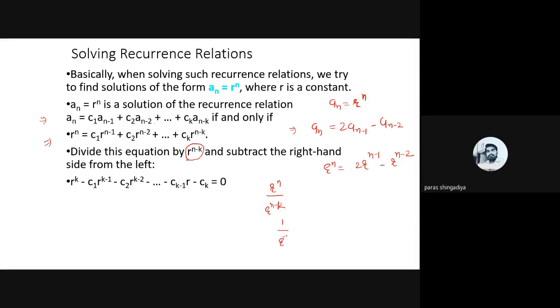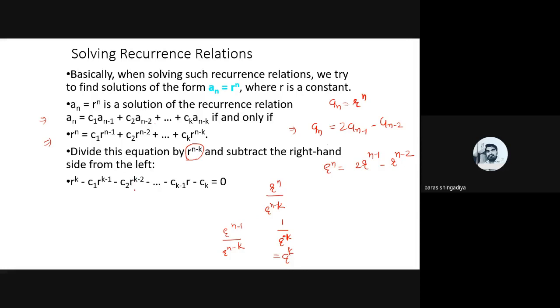Okay, in the denominator the remaining term is r raised to minus k, and now r raised to minus k will be shifted to the numerator, so it will become r raised to k. Clear? So here r raised to k, and now shift this value to this side. Clear? So it will be minus c1 r raised to n minus 1 divided by r raised to n minus k. So which term is now remaining? r raised to n will be removed, and this minus k will be shifted to the numerator, so it will be plus k, and that is minus 1 as it is here. So r raised to k minus 1.